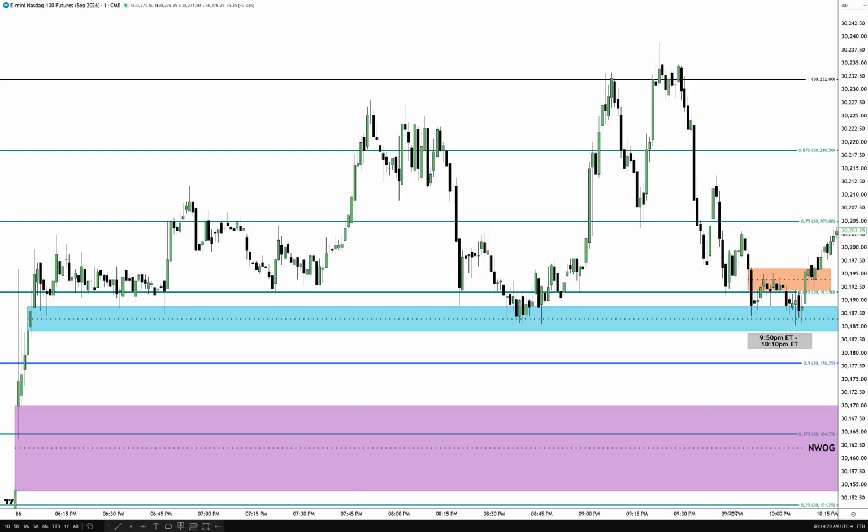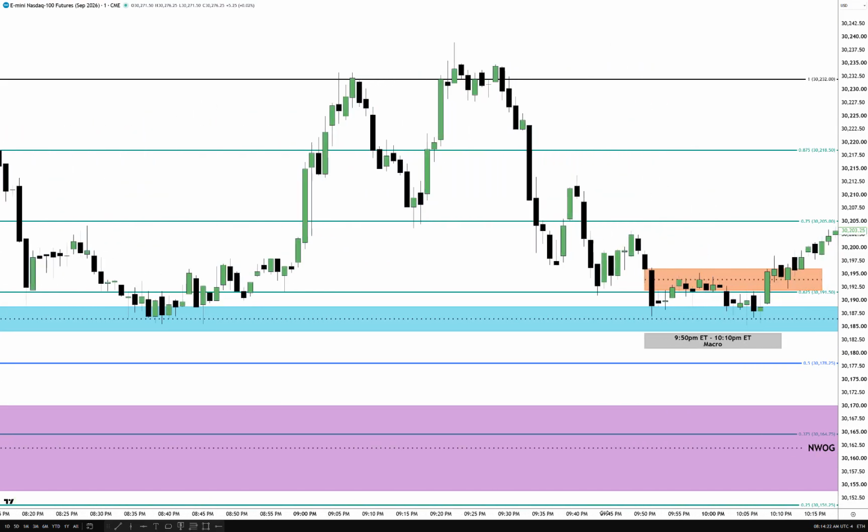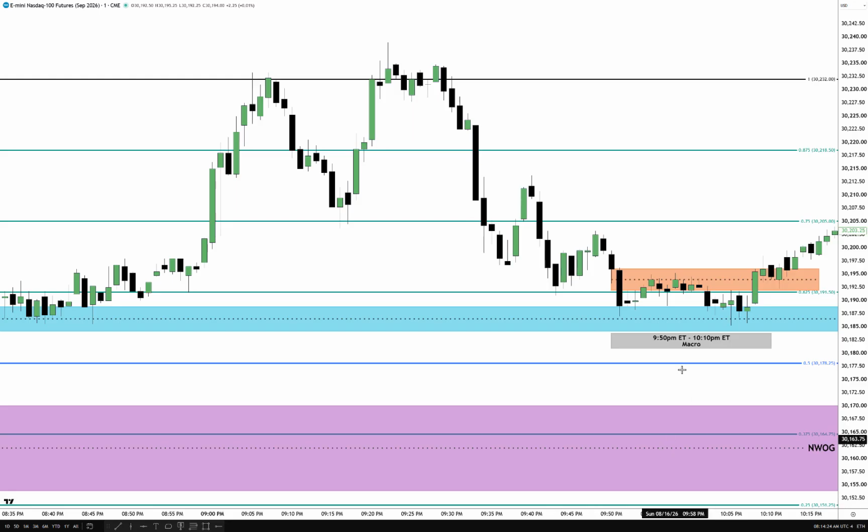Whoa, look at this. Look at this randomness. Key PD array. Again, based on a specific dealing range. No other school of thought, no other discipline is going to take you back to that thought process of Thursday's Asia's dealing range. Nobody has that, folks. Nobody has that. But the algorithm that some of you don't want to believe exists, that's what it's going to refer back to. Now, there are other dealing ranges since then, yes.